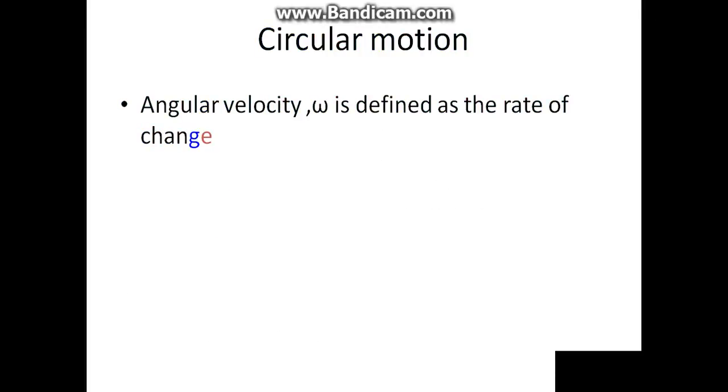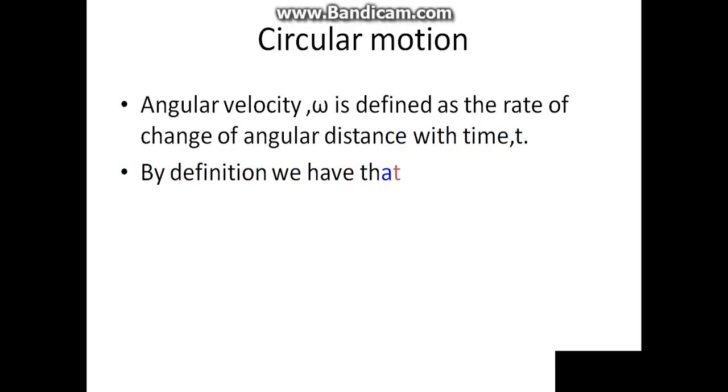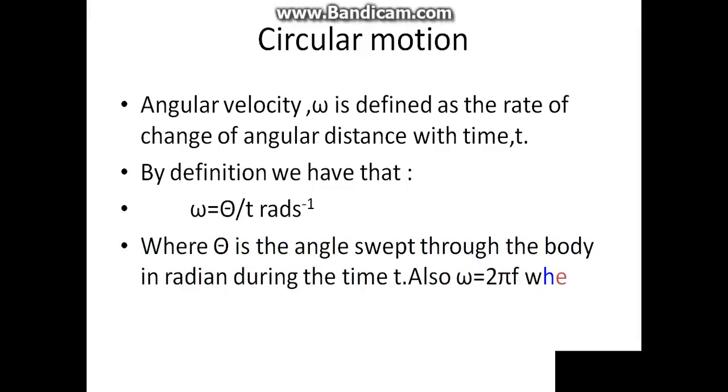Circular motion. Angular velocity phi is defined as the rate of change of angular distance with time t. By definition, angular velocity phi is equal to theta over t radians per second, where theta is the angle swept through by the body in radians during the time t. Also, phi is equal to 2 pi f, where f is the frequency. It will be noted that the time capital T to describe the